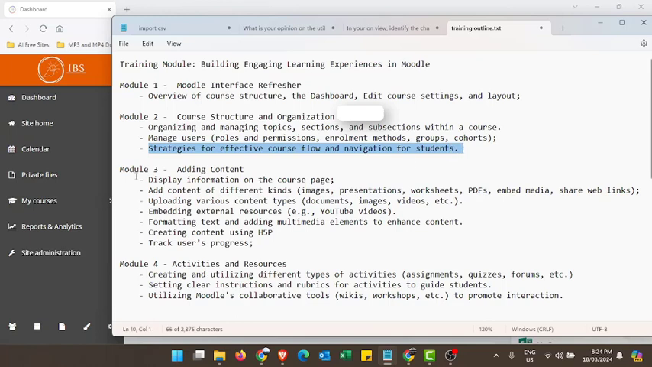The next modules, 3 and 4, will be in a workshop, which will focus on adding engaging content, activities and resources for interaction. Join us on this journey to Moodle mastery. By the end of this series, you'll be equipped with the knowledge and skills to build dynamic and engaging courses